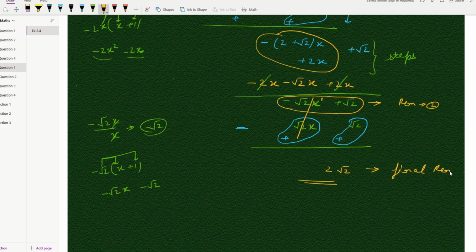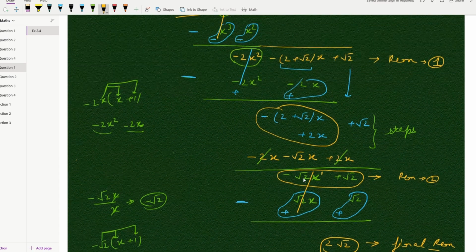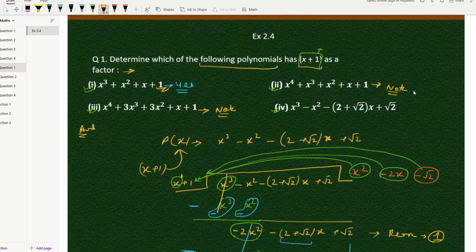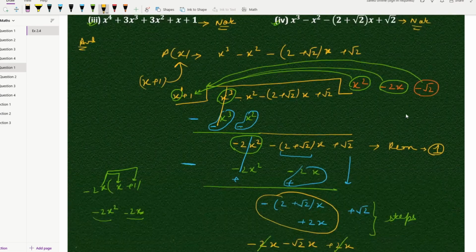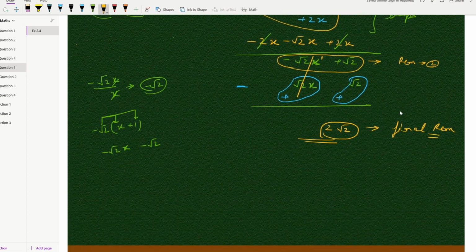फाइनल रिमाइंडर क्यों बोल रहा हूँ मैं इसको, क्योंकि यहाँ पर कोई x की टर्म नहीं है। So this is our final remainder and it is non zero, तो understood है कि x + 1 is not a factor of this last part, the fourth part. It is not. अब ये तो बहुत लंबा मेथड है, it is long division as the name suggests. So we have got one shortcut method also. उससे पहले हम जरा ये स्पेस खाली कर देते हैं।